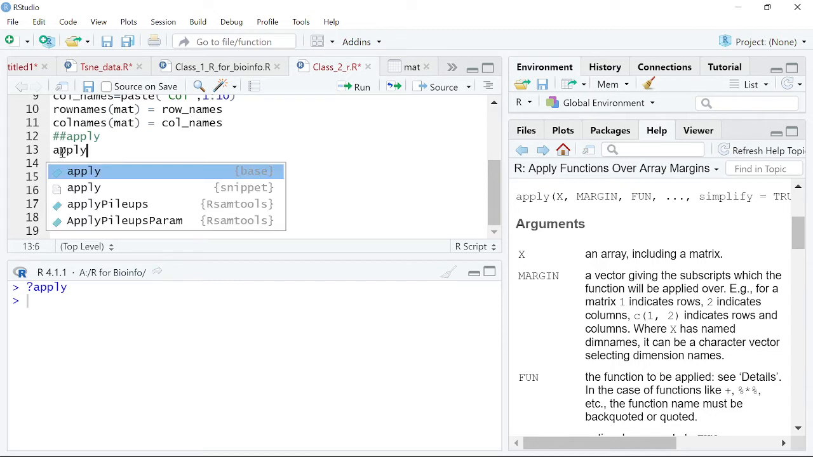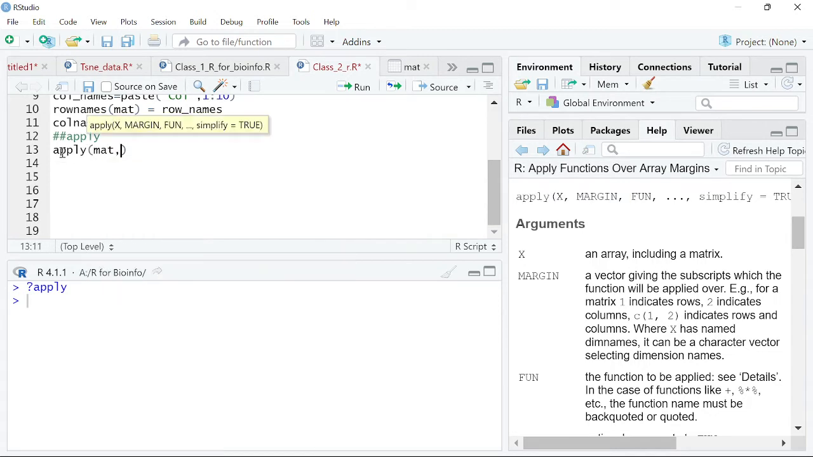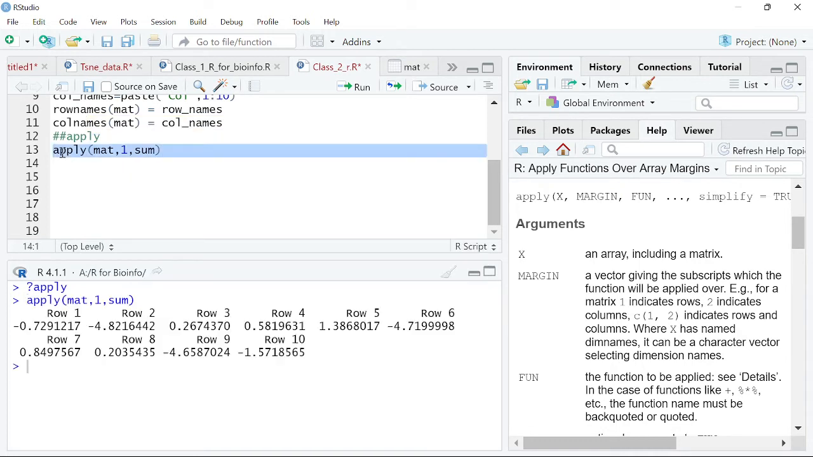So now I will apply this function. Apply mat 1. I want to sum all the rows, and you will see the sum now. So see, I've got the summation of all the rows. रो 1 का सम इतना आ रहा है, 2 का इतना, 3 का इतना एंड सो ऑन, ठीक है. देन अब हम करते हैं यही फंक्शन कॉलम वाइज. सो कॉलम वाइज के लिए आपको 2 देना पड़ेगा,